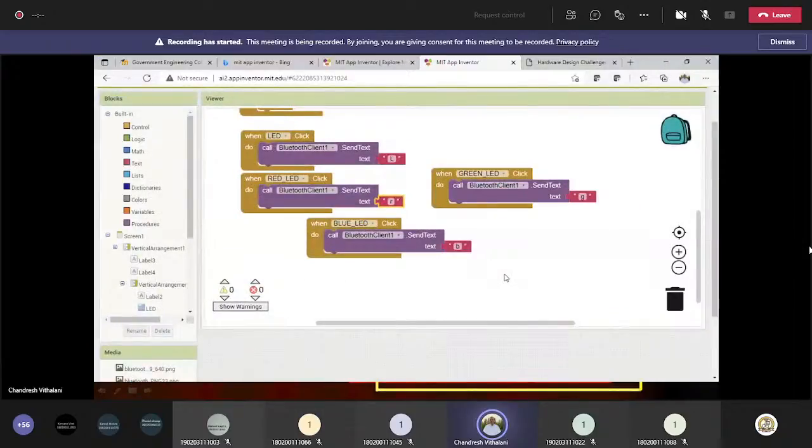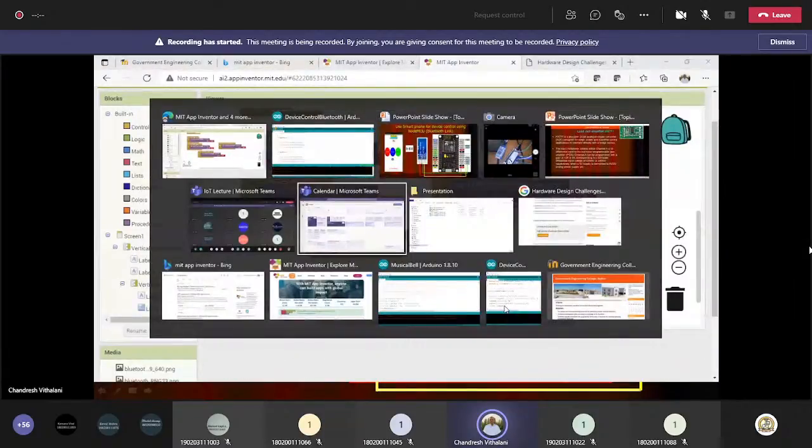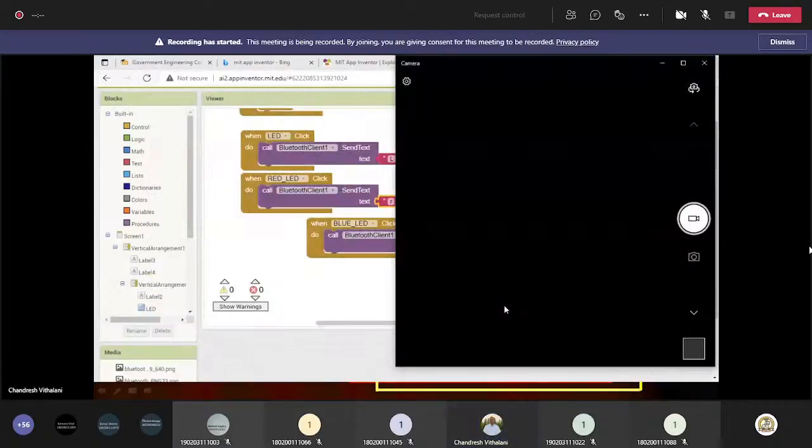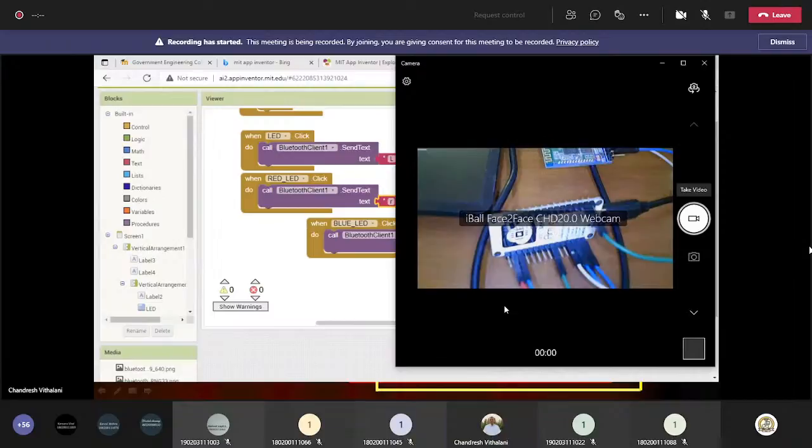So let me switch on my mobile phone and then we'll show you that. You can also do it with the help of an emulator. If you don't want to install it on your mobile phone, then in MIT App Inventor, there is an emulator also.